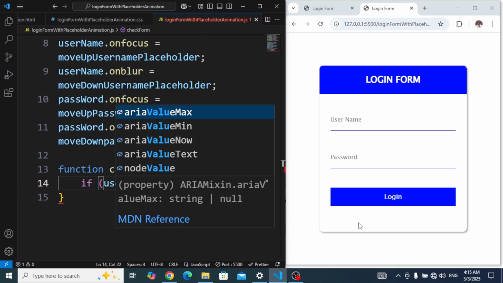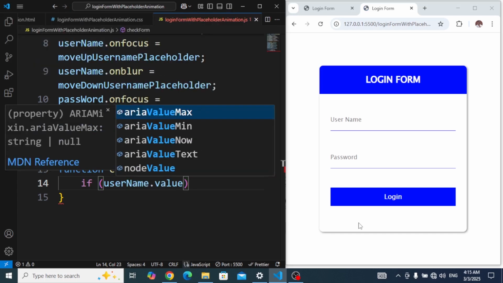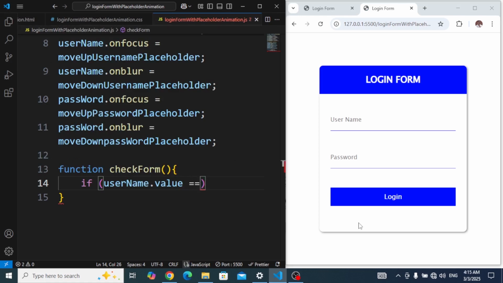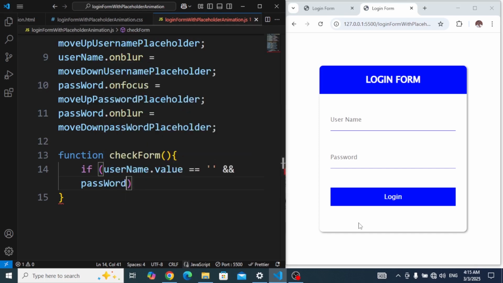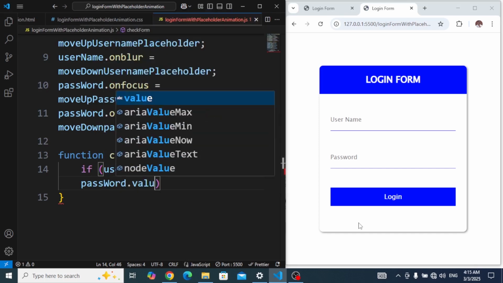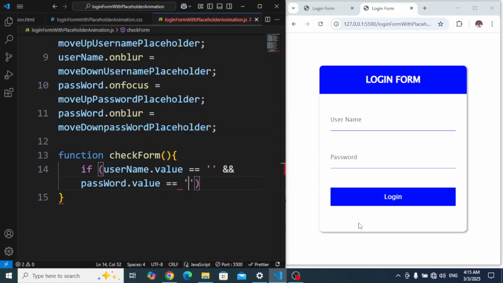Dot value, if it is equal to an empty string, and that is the logical operator, password.value as well, if it is equal to an empty string. If they are both equal to an empty string, then